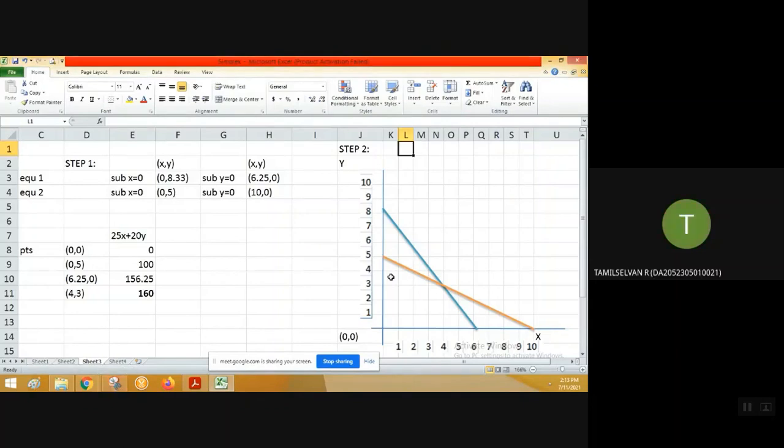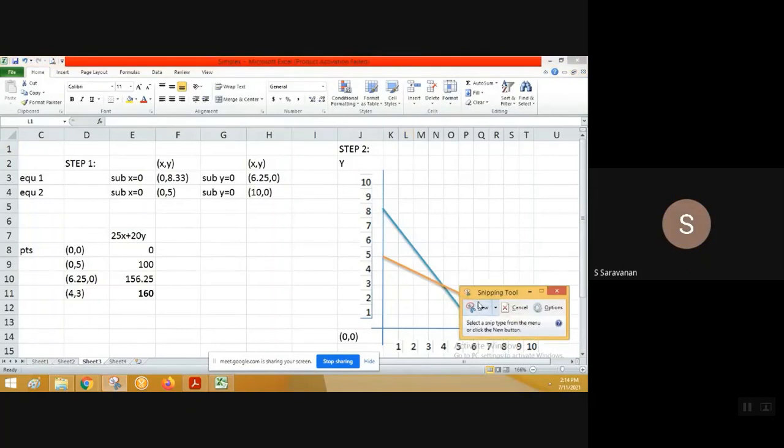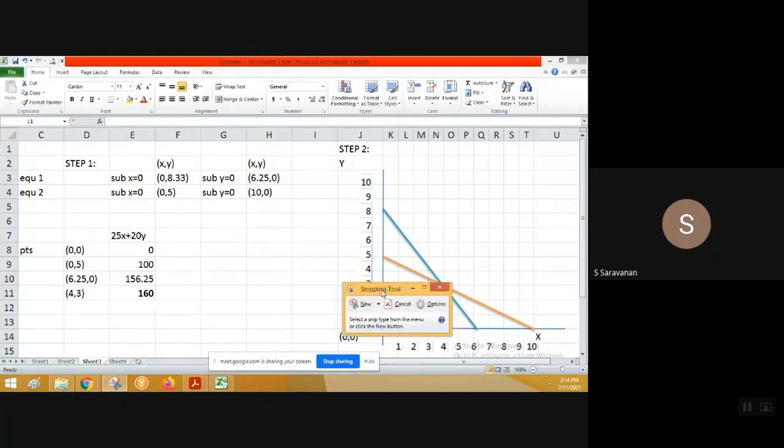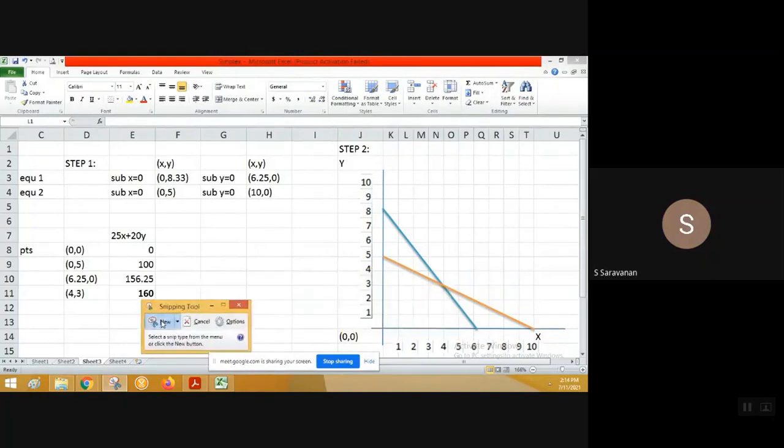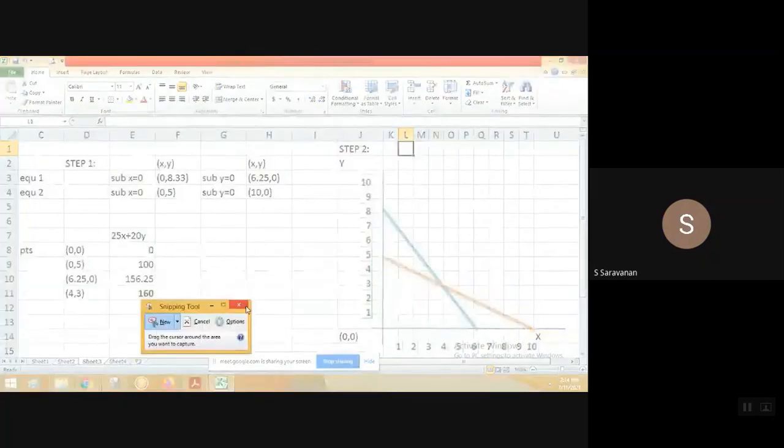I am not asking about a common 4, 3. So what you are saying is this one. Okay, the intersection point you are saying. I will just draw the intersection point on the graph. Okay, what I will do is I will just explain to you how this is functioning. Just a minute.